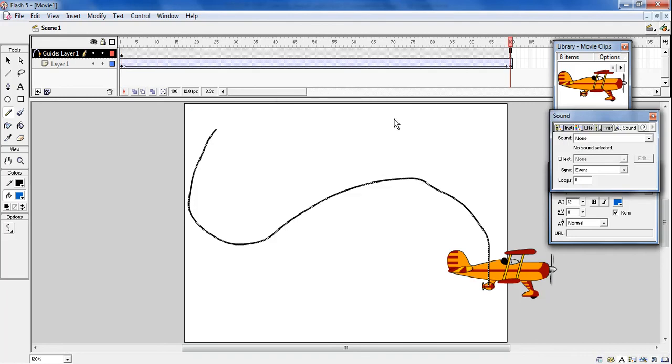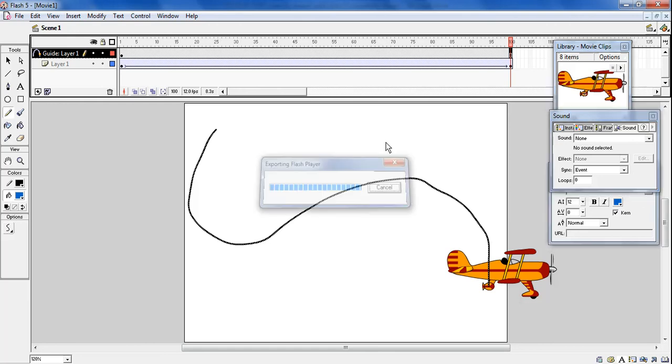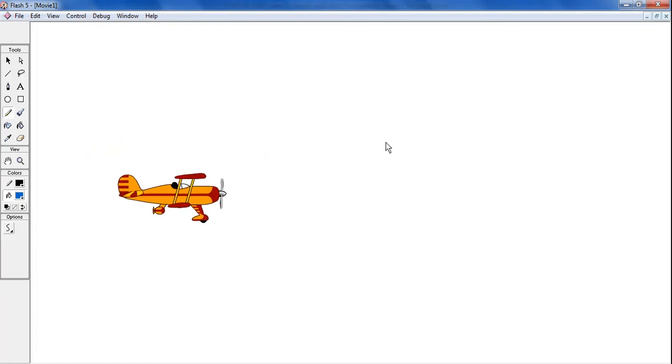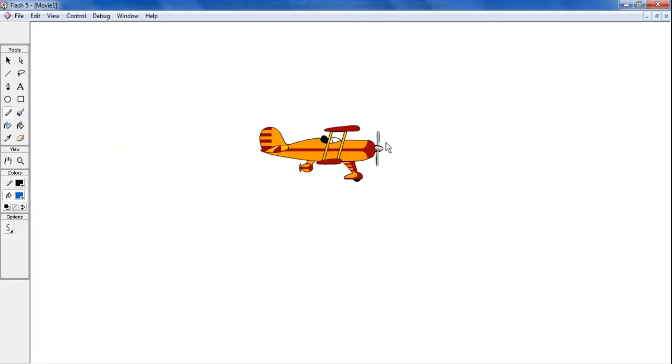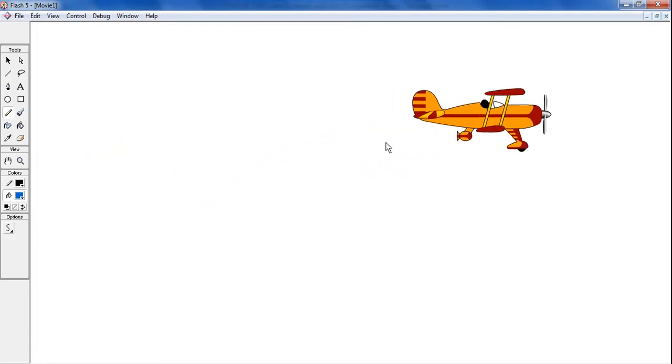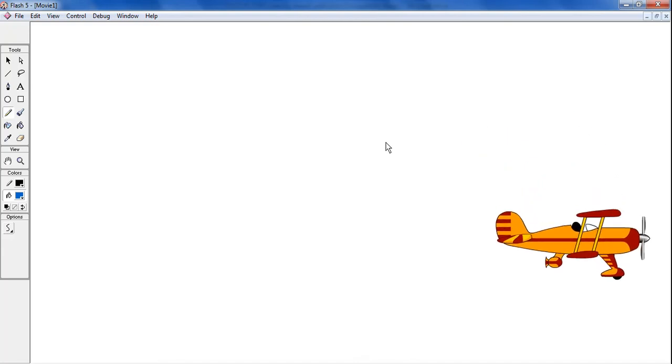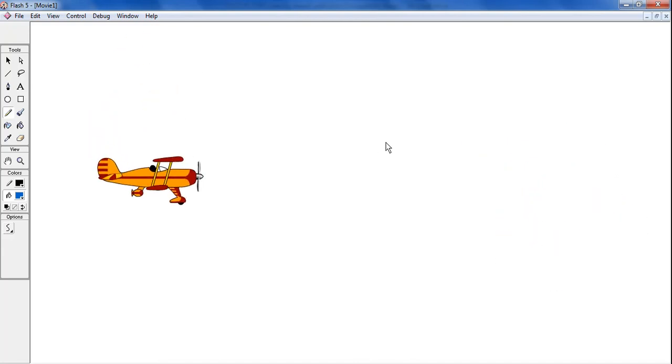Okay, after this, what is the next part? See, this is showing the guide layer when I press the Enter key, isn't it? But is it necessary to show the guide layer on the stage? Not at all. It should move automatically. We should show that effect that way. So we have to play this by pressing Control Enter. This will give you a full screen play view. Here you will not see the guide layer. You will see that the plane is moving on its own as per the wavy path.